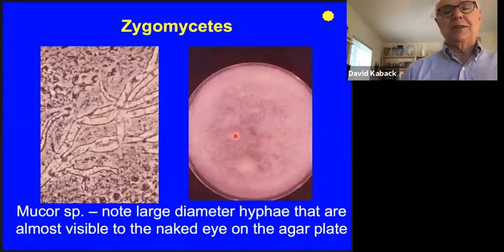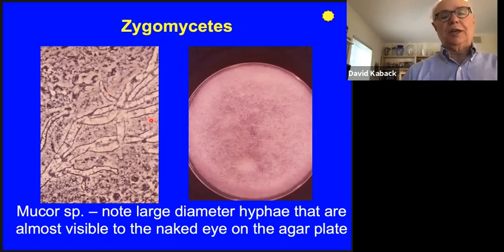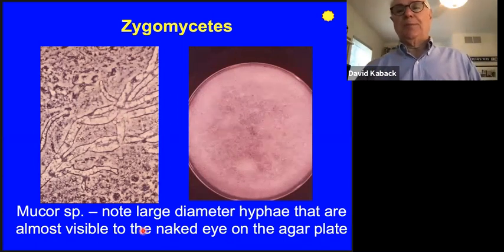And finally, similarly, another thing is zygomycetes. Here we're looking at an organism called mucor. It is a non-septate fungus shown here. Again, like sugar, likes diabetic patients, grows rapidly. You can almost see the hairs of the hyphae here. So that's all I want to say about this, another organism that causes infections only in immunocompromised people.